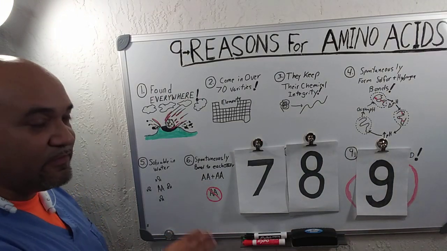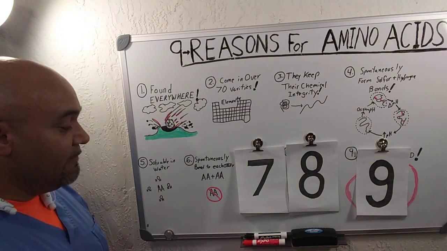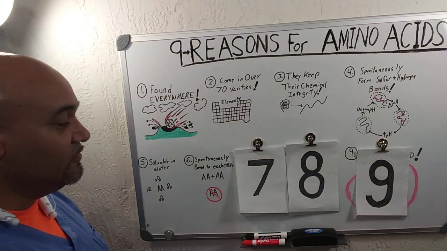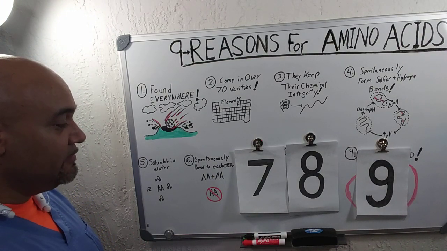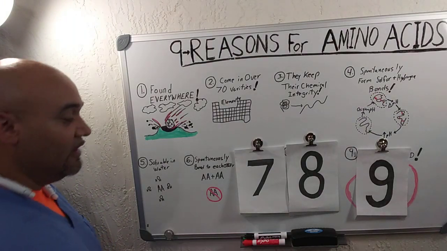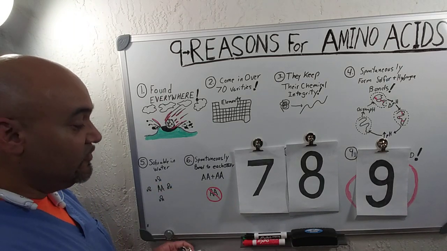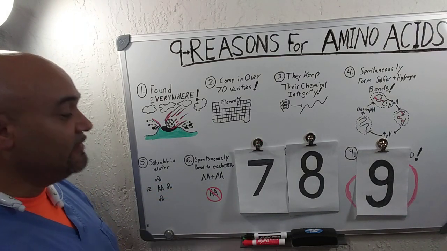They'll be bonded to other amino acids in multiple strings, but you'll never find an isolated amino acid. And this is very useful for life to make proteins, because you don't need other compounds to come in and force them to get together. You just need a specific condition to make the amino acids bond easily.